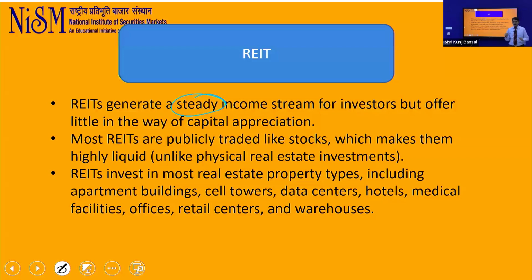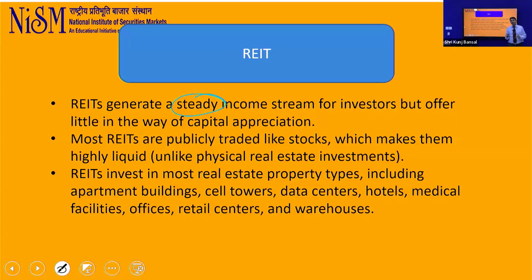We will come to that. By definition, yes, it distributes it. By the composition of the structure of the REIT, and by regulation, it is bound to. It is compulsory for a REIT to distribute that income. How much of the income is it forced to distribute? Hitesh has said 95%. No, that's not the number. A lot of you have said 90%. So minimum 90%. They can always distribute more than that, but a minimum of 90% they are bound to distribute.